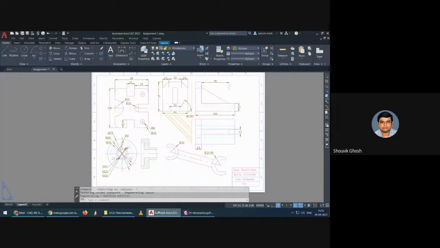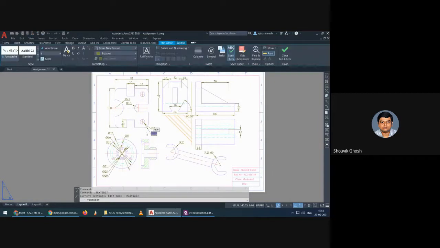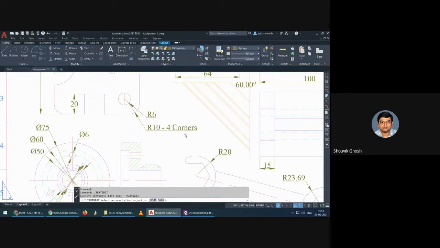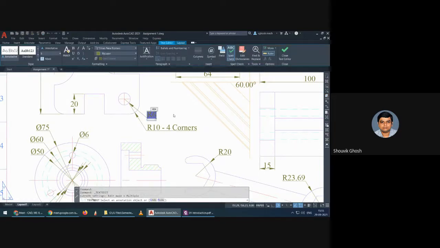So how do we write that? Just double click on the individual dimension, and you will get the edit option. So just R10, then type four corners. Simple. Similarly, R6, it is given R6 two holes.